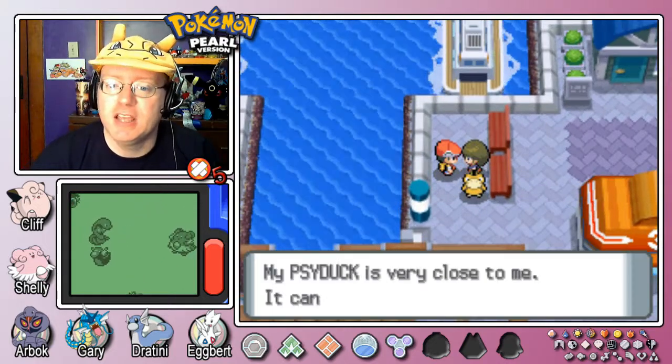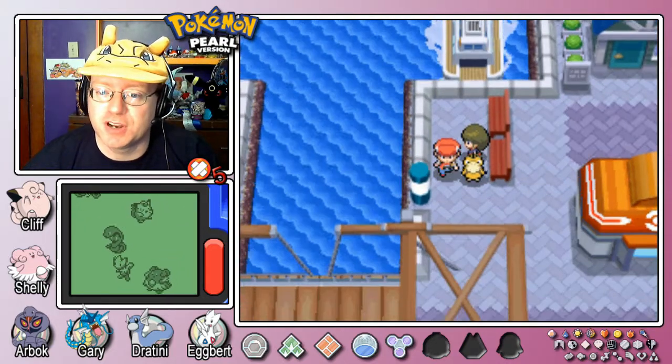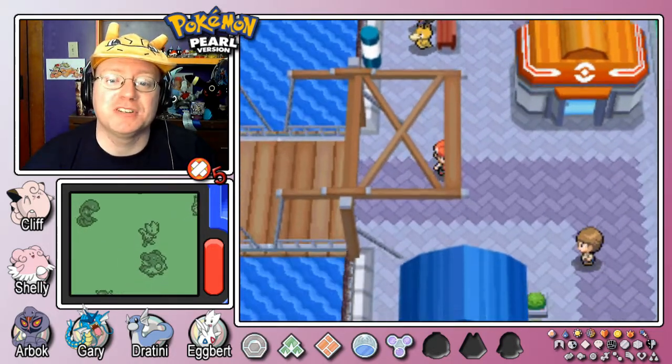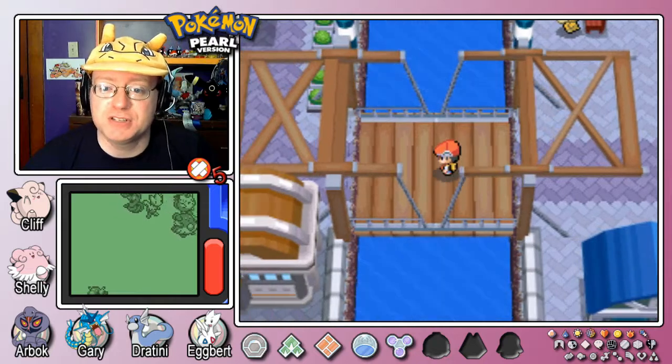Anyways, what do you have to say? My Psyduck is very close to me. It can use the move Return. Actually, anything can use the move Return, but I think you mean use it effectively. Let's cross this bridge, and...